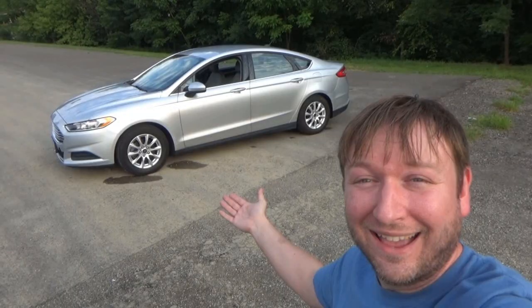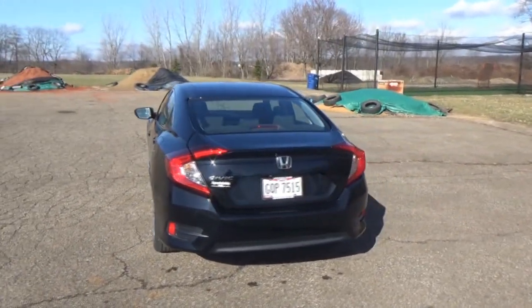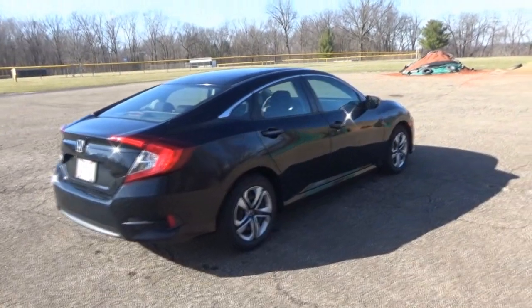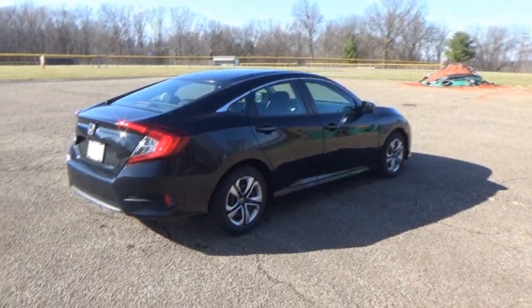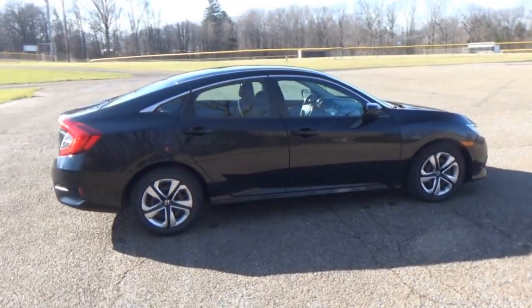The Fusion, which I had before this, a 2015 Fusion, so far the best car that I've had as a daily driver. I did not have to do anything major to that car in the 3.5 years of ownership. It was a great car. It was a lot bigger than this, and it was a little gas hungry. My commute to work is a lot longer, so